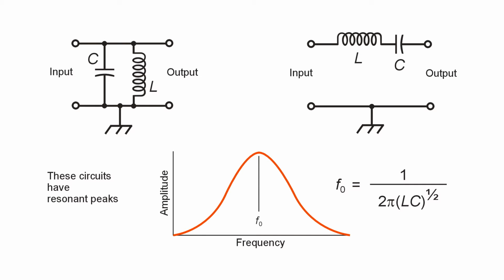Stan Gibilisco here to show you two different configurations for LC circuits, that's inductance L, capacitance C, inductance capacitance circuits that will give you a peaked response or a resonant peak. We call that frequency F sub 0, and we can calculate it using this formula given L in henries and